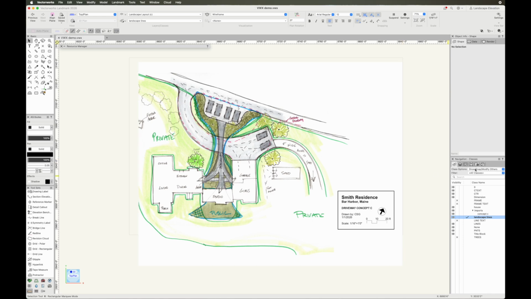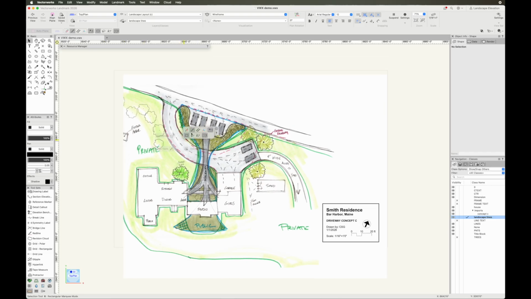So I'm going to head over to the class options and say show snap others rather than show snap modify others. So when I'm in show snap others, I can see them, but I'm not going to be able to click on them and move them accidentally. All right, so I think my file's ready. Command S to save what I've done so far. So now I'm going to head in here